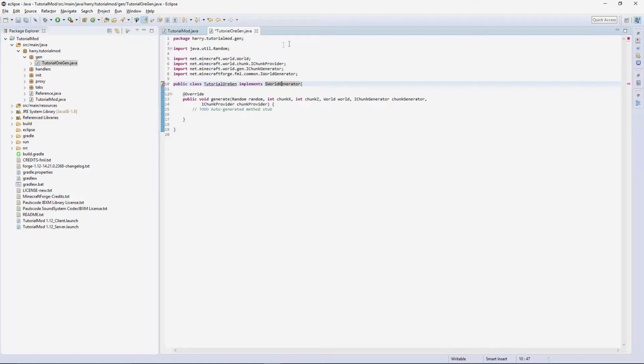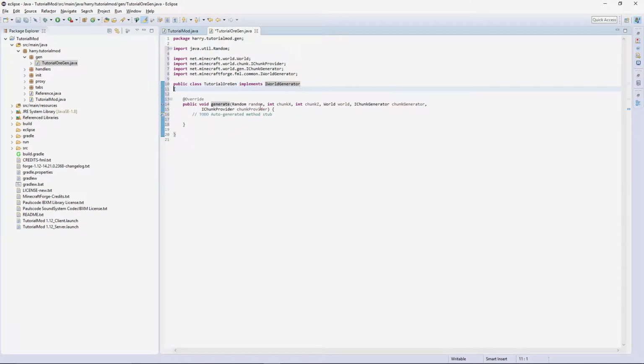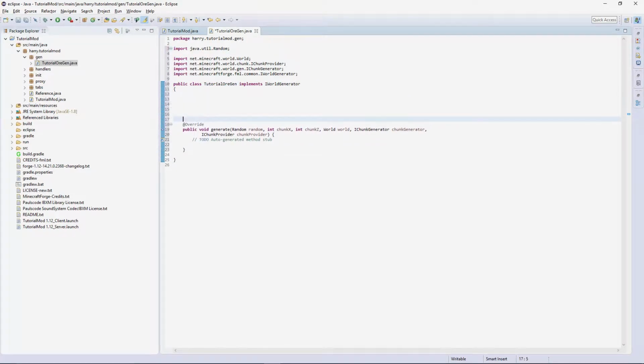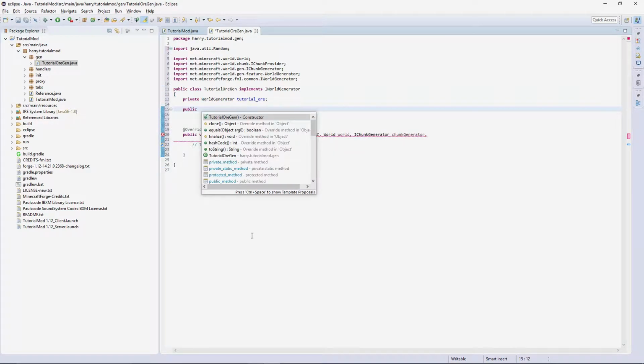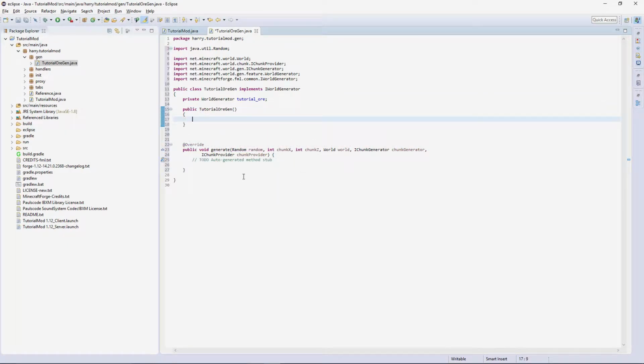So add unimplemented methods. The generate function, we'll get to that later. Firstly, we're going to state what we're going to generate. So private world generator, and then put the name tutorial ore. Then we are going to create the constructor, public tutorial ore gen, and in here we're just going to state